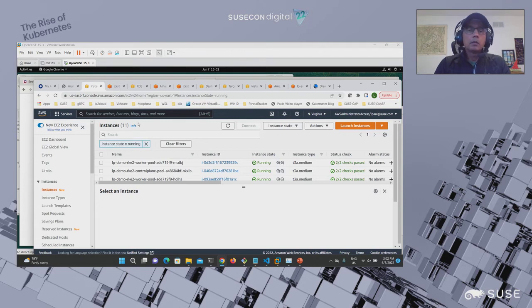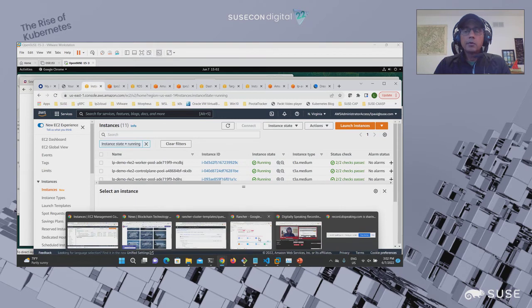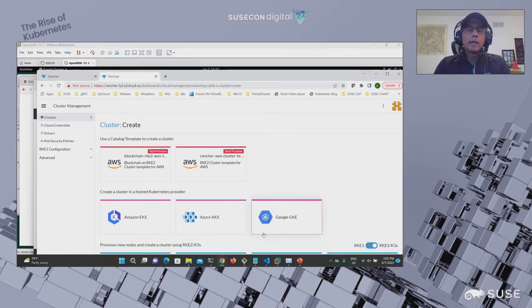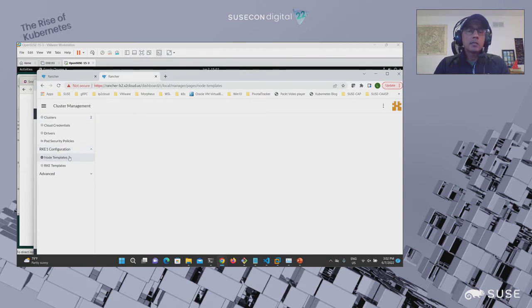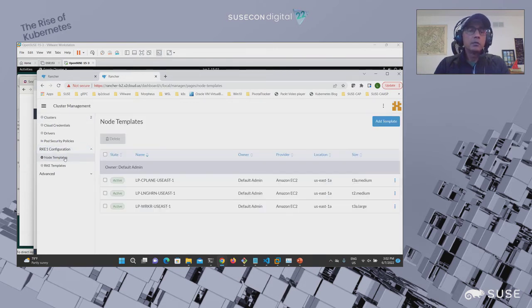When we created all the clusters, the best practice from a Rancher standpoint is to create those instances of your Kubernetes clusters by using things that we call node templates. So node templates is a way to define how you want to define your Kubernetes cluster.